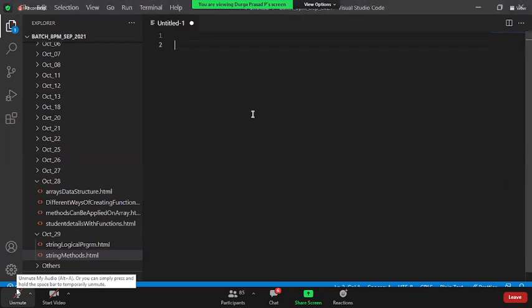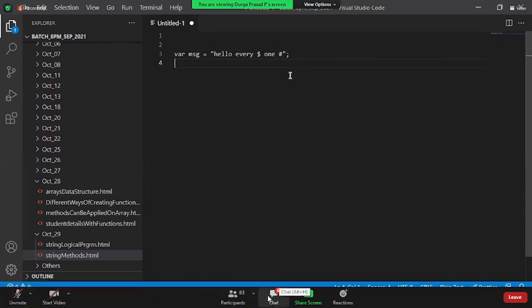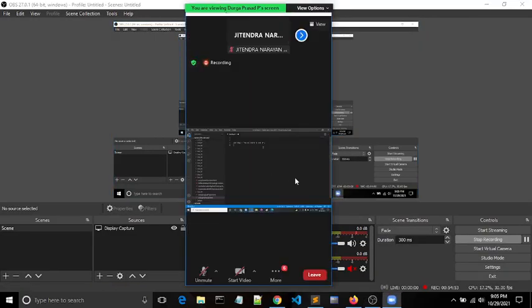Say for example, I have msg, and I say hello everyone, with a dollar symbol here and a hash symbol here. Now I ask you to replace dollar and hash with something. Yes, sir, we can replace dynamically, right? We can delete that and run the code, but where will we use this?